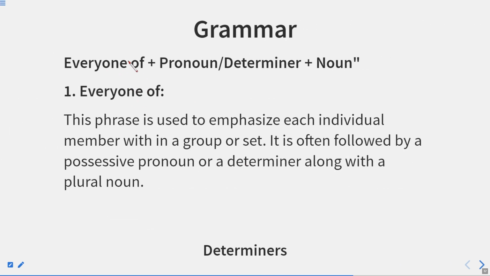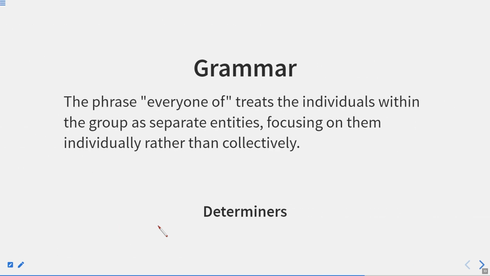Now, we can use it like every one of. We cannot use every of, but we can use every one of. Everyone is an indefinite pronoun. We can use it like this: every one of, then pronoun plus determiner plus noun. This phrase is used to emphasize each individual member within a group or set. It is often followed by a possessive pronoun or a determiner along with a plural noun. How? The phrase every one of treats the individuals within the group as separate entities, focusing on them individually rather than collectively. Suppose I say every one of